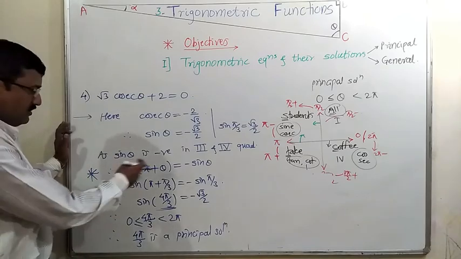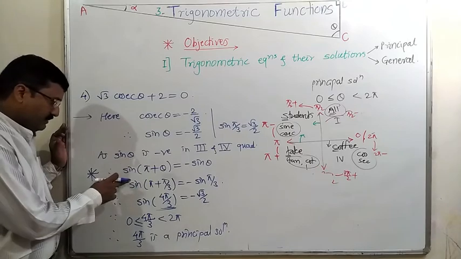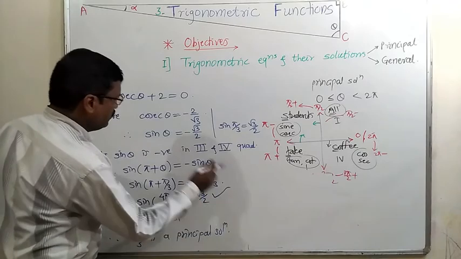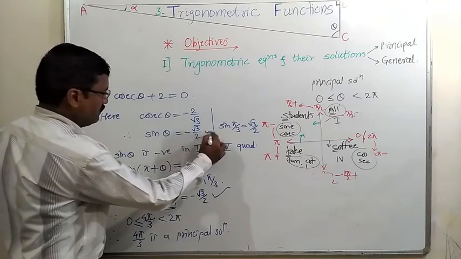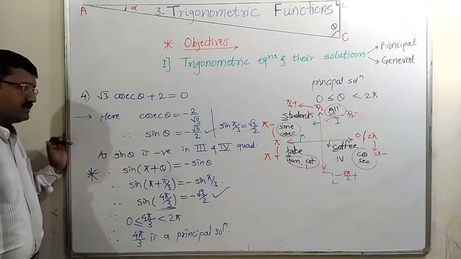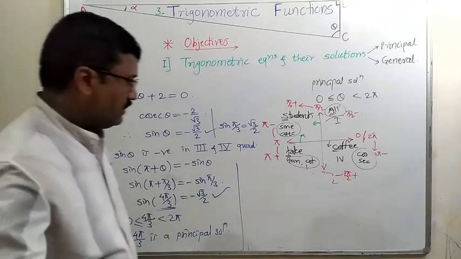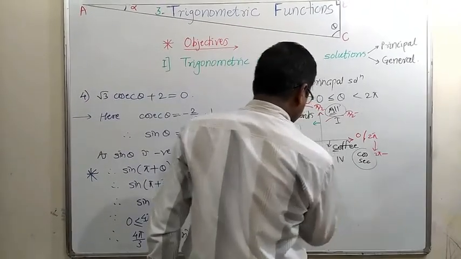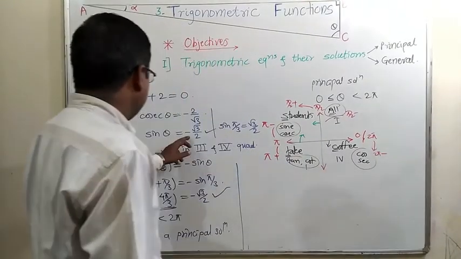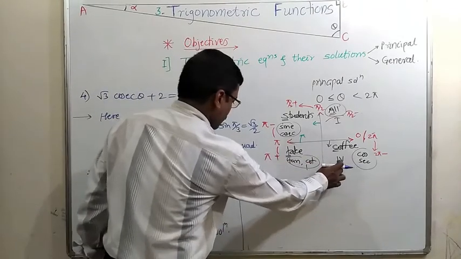All such formulas we have studied in 11th class in the 4th topic of trigonometry. So here put theta equal to pi by 3, we get the same value again, which we have here to the right, and to the left we get angle 4 pi by 3, that will be the principal solution or principal angle. Let us find out the second principal solution. For that, what will we do? We will use a formula for the sin function so that we get negative sin theta, and it will be in the 4th quadrant, because sin theta is negative in the 4th quadrant.